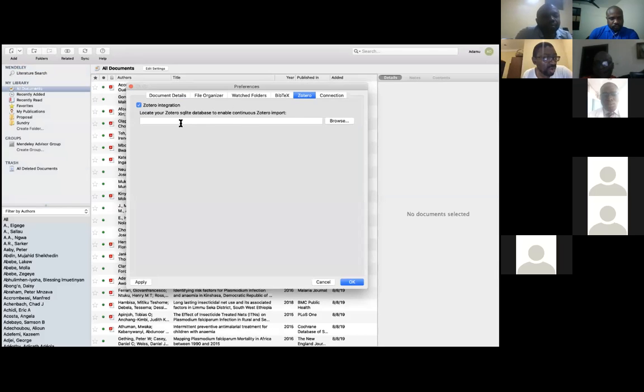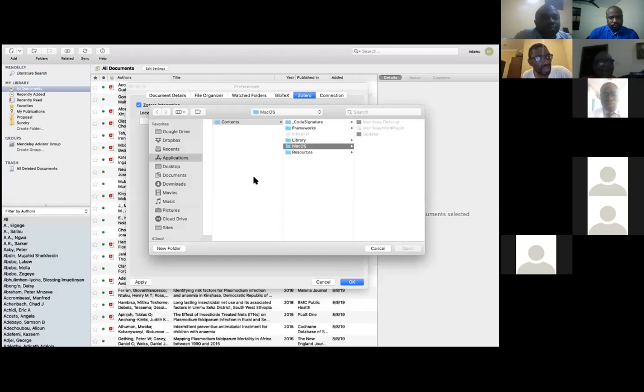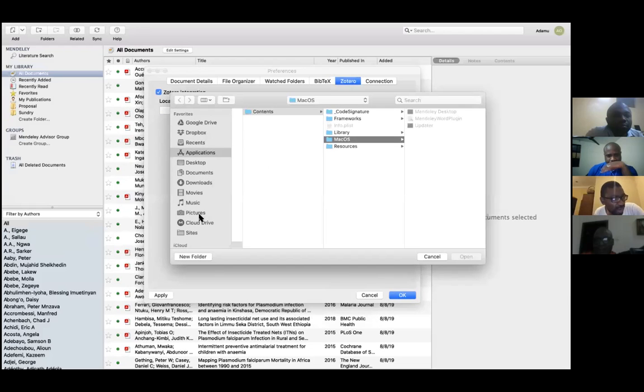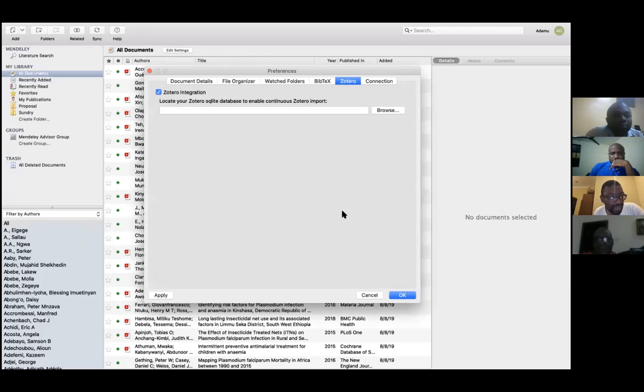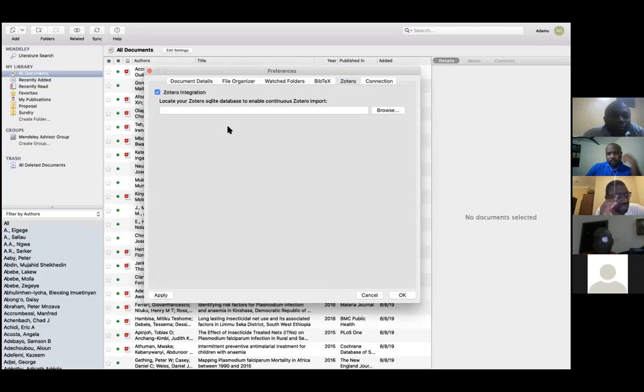But here you want to locate where your Zotero database is. Typically, it will be where you installed your Zotero. I cannot recall where my Zotero is installed on this, but I can find it by opening Zotero. It will show me where its database is stored. So if I open Zotero,